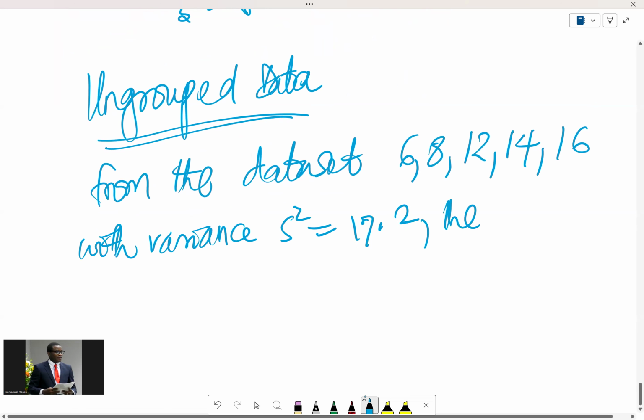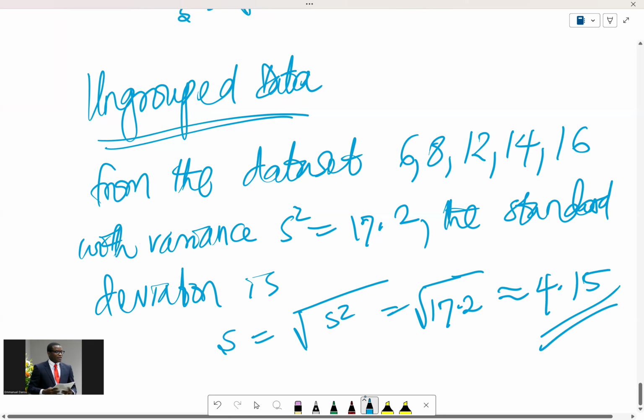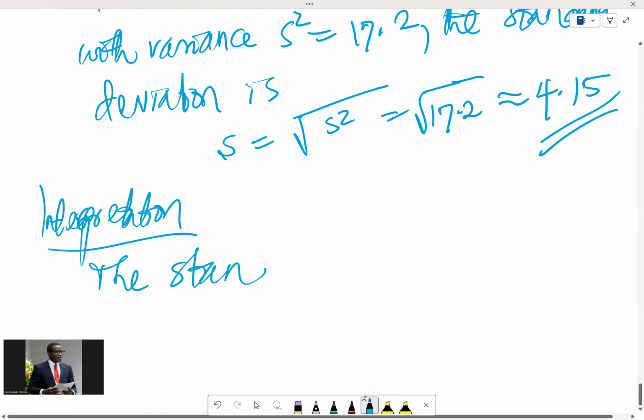The standard deviation is S, which is the square root of S squared, and that is the square root of 17.2, which is approximately 4.15. So it means the standard deviation for this data is 4.15. So the interpretation, which is really important, is something like this: the standard deviation